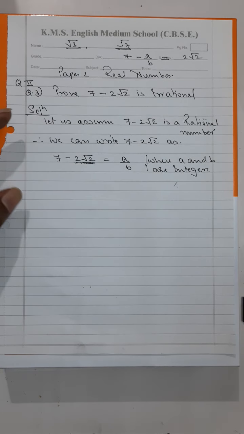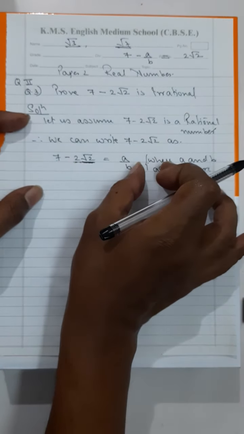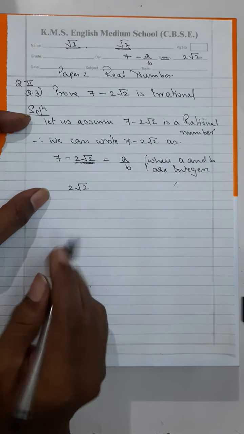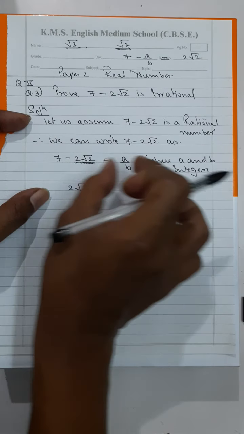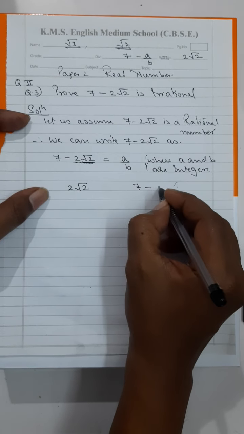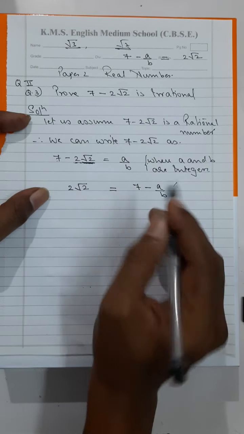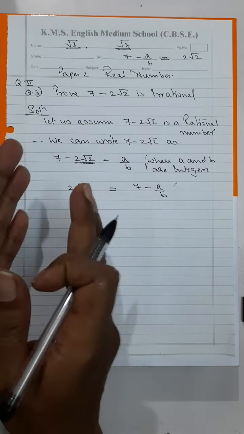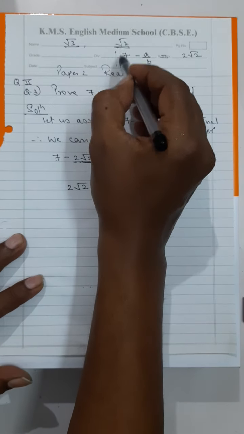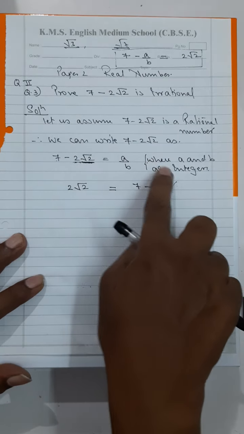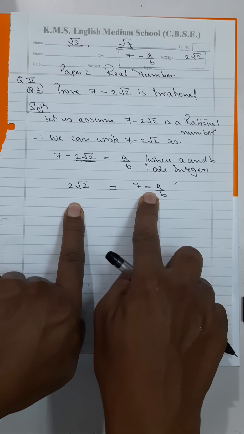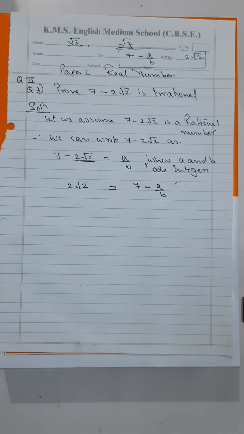But if it is possible, when you are shifting it on the right hand side, you know that you are shifting it, but you can continue writing it over here. You have to imagine that you have shifted it, and now a upon b has come over here. I can still write 7 minus a upon b. This is what students try to do, and they write negative signs in wrong places. If you are having any confusion, write it like this, no problem. Actually shift over here and then write 2 root 2 over here, copy 7 over here, and copy a upon b over here.